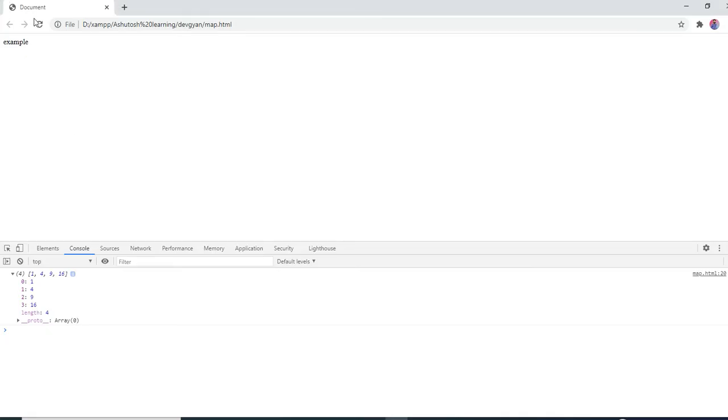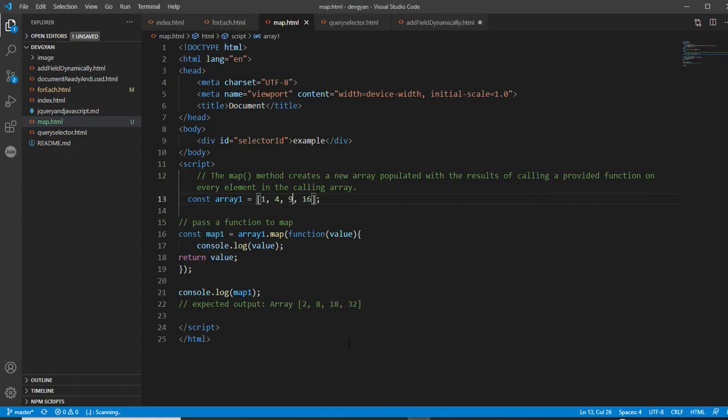Now again I am refreshing this page. You can notice 1, 4, 9, 16, you got it. It means it works similar to forEach, but if you are returning something, then you are generating another array. It means it is returning another array. So that's the interesting thing.